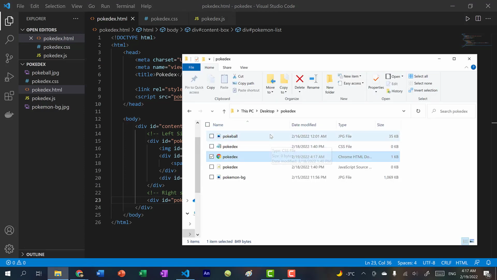Alright, so now if you open up the folder with your files, just double click on the HTML. And you can see all we have is that grass and poison span, because everything else is a div without any content inside. You're not going to see anything for now, but don't worry, we're going to style everything and then use JavaScript to populate that information.